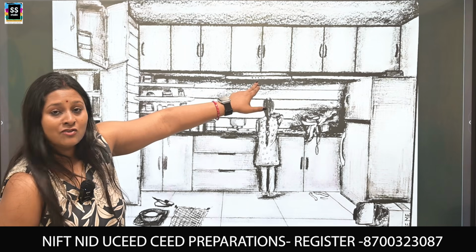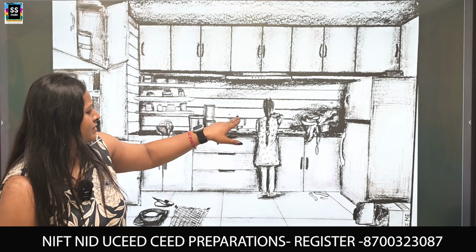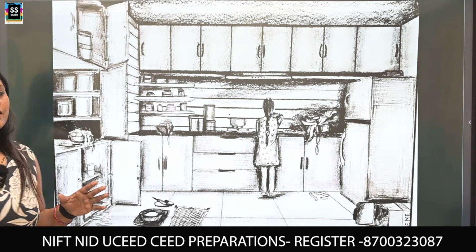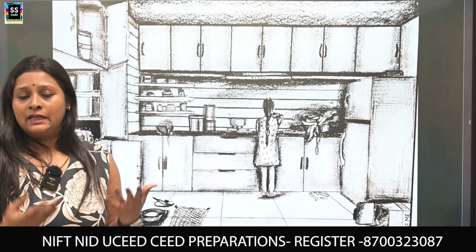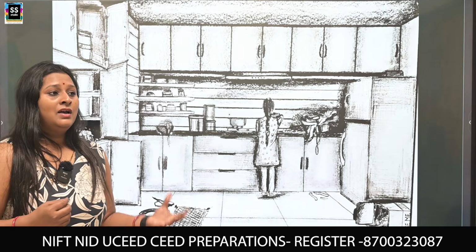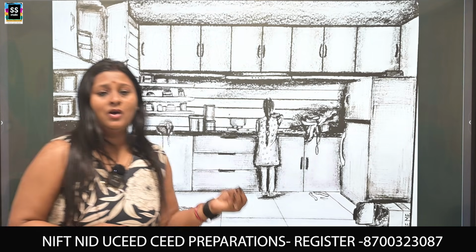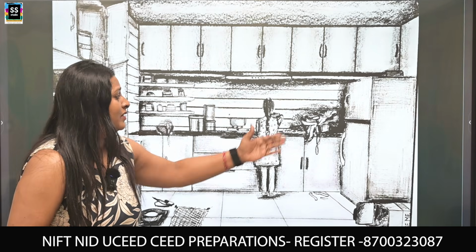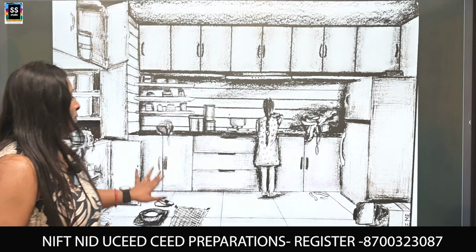Yes, you can see the detailings of the chimney part, the gas stove and the utensil that has been kept on the gas stove, and the whole detailing is speaking a lot about the work which is going on in the kitchen. So making it like that is very important. And if you're only doing the line drawing, if you're not shading a bit also, you usually get 1 hour for this question. And every aspect is very important when you are making a composition.